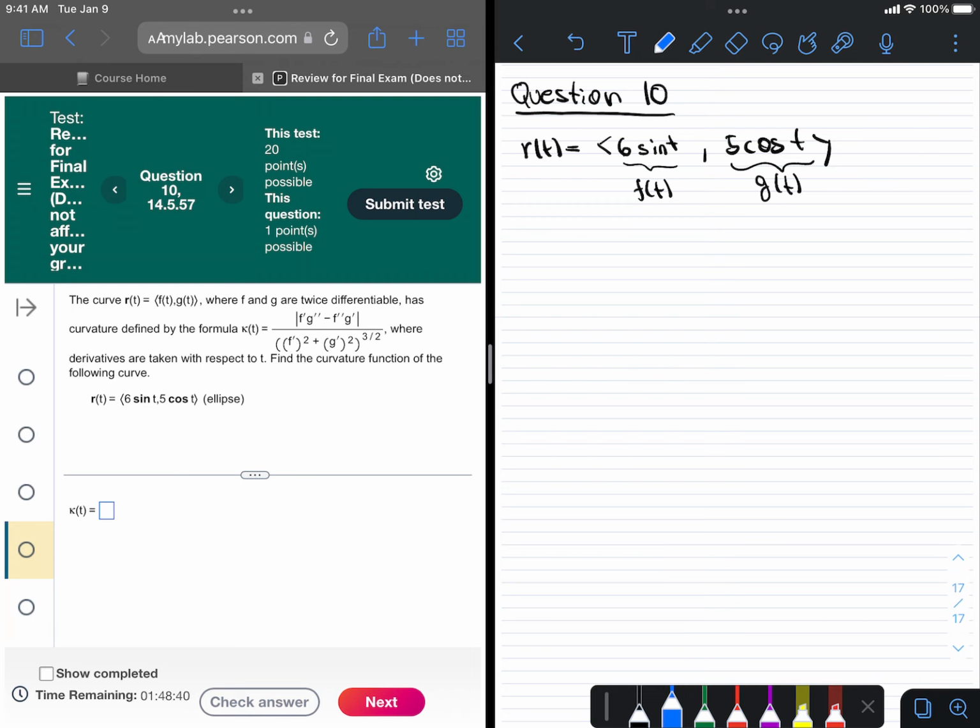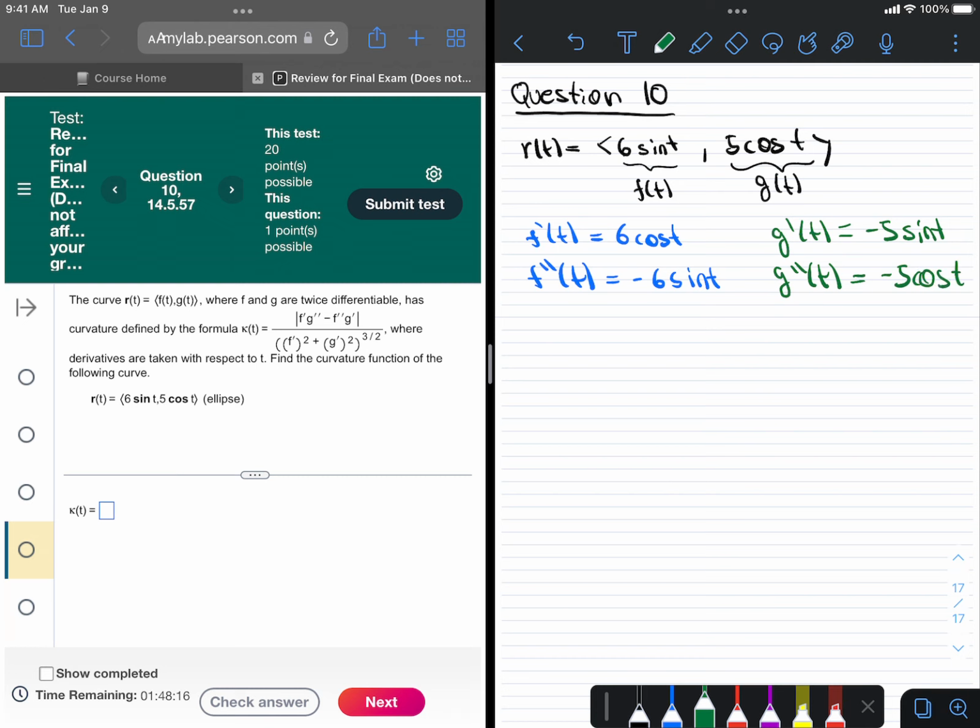That's all we're doing. So f prime of t will be 6 cosine t, f double prime of t is minus 6 sine t, g prime of t is minus 5 sine t, g double prime of t is minus 5 cosine t. So when you plug all of that back into the formula that you see on the screen on the left, you'll have that k of t, the curvature, is the magnitude of f prime, g double prime,